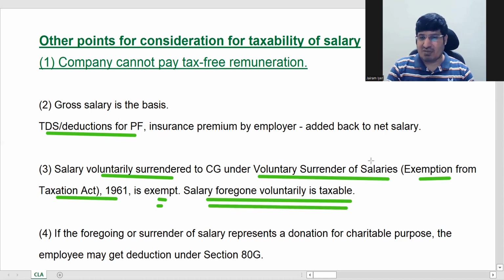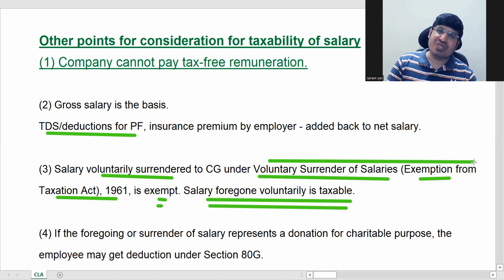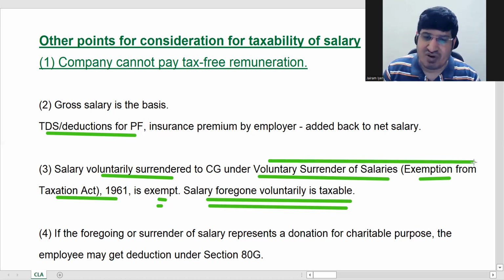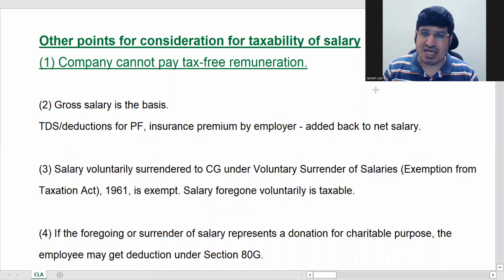Here it is not taxable because it's a special act of the parliament which has been given those powers that anyone who will contribute for this, for him salary will be exempt, ठीक है।